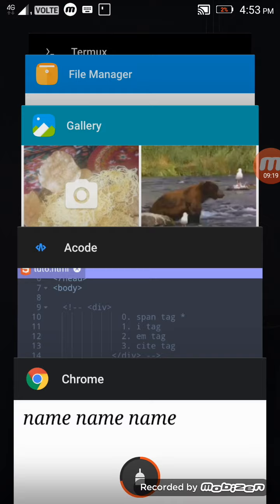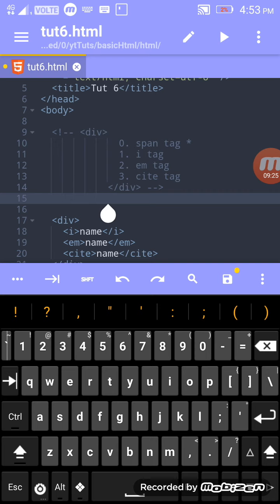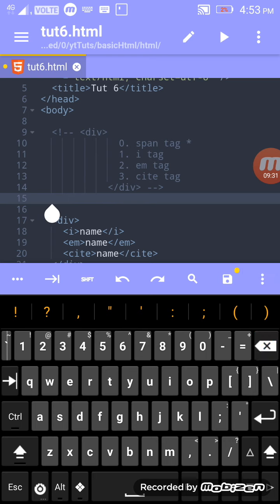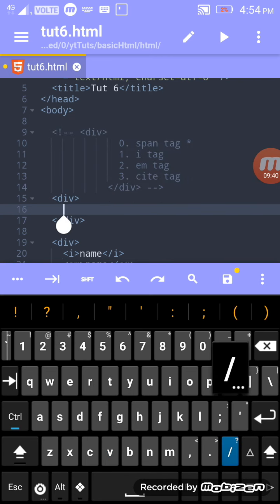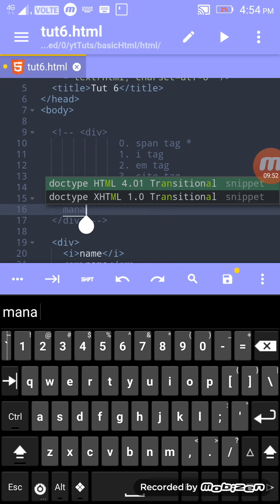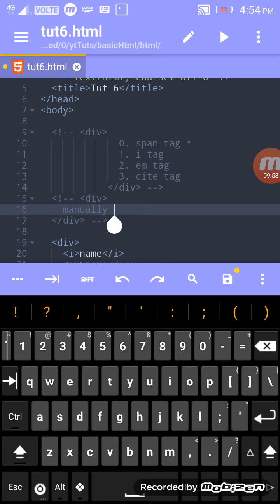I'm going to explain with an example. First we have to know how many types of tags we have. There are many types of tags. Mainly there are two types. First I'm going to create a div tag, then close it, then comment it. Now we have commented. Now in the manually closing tags,